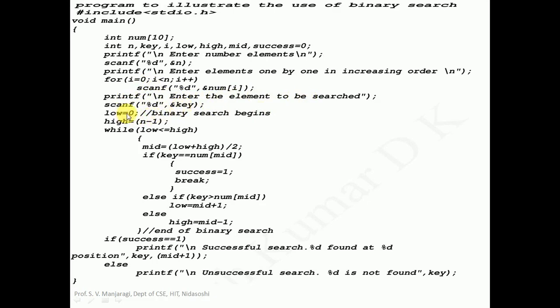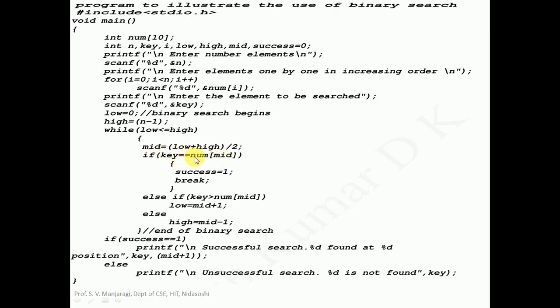For the binary search, we begin with low equal to 0, pointing to the lower index, and high equal to n minus 1. There is a while loop here, and the condition is low less than or equal to high. As long as low is less than or equal to high, what we do, as we already learned, is find mid. Mid is equal to low plus high divided by 2, lower index plus higher index divided by 2, and after that key is compared with the middle element. Let us see whether key matches with the middle element, key equal to middle element or not.